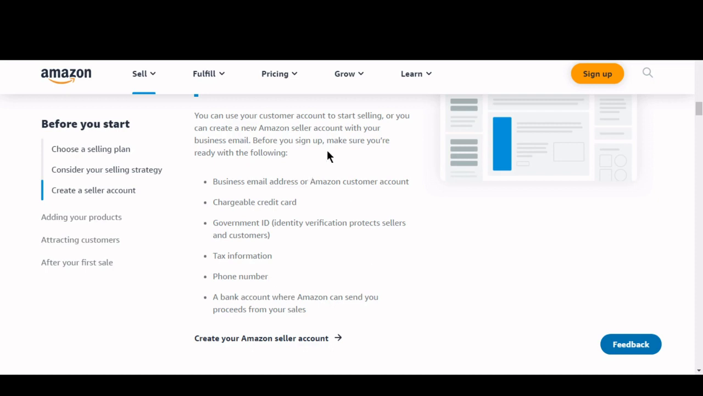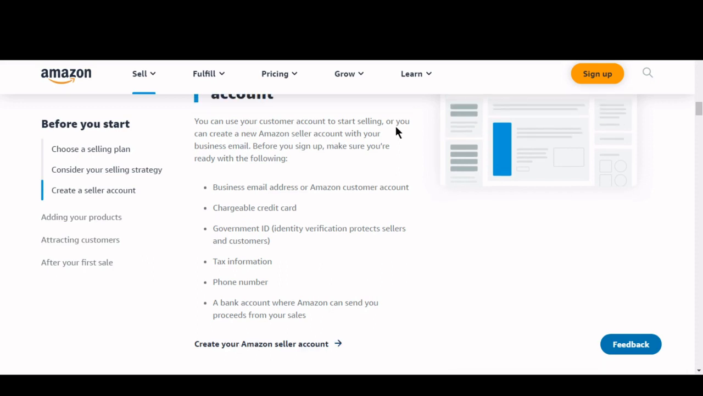So guys, these are the only things that you need to start selling on Amazon, guys. As I showed you: business email address, credit card or debit card, government ID, tax information if needed, phone number and bank account. That's all, guys. And as you click on the create Amazon seller account tab,